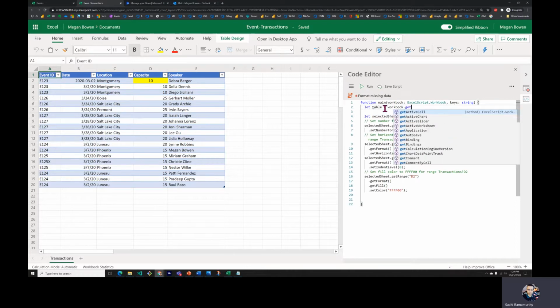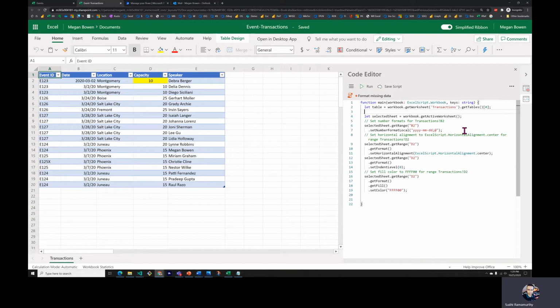So workbook get worksheet of transactions, which is this worksheet, and then I'm going to say, hey, get me all the tables. Use the auto completion. Now that I have all the tables, I know I'm only going to have one table, so I'm just going to use this nice little trick to get the first table. Now that I have the table,